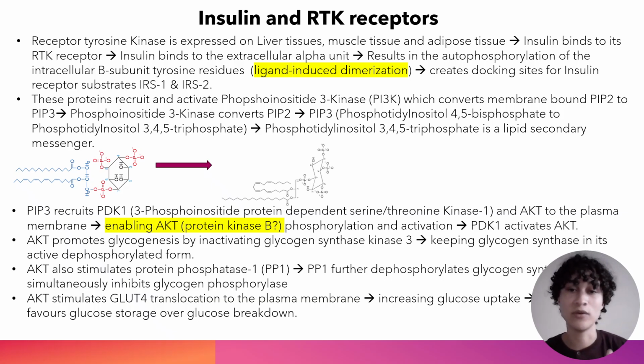Okay, so you get less glycogen synthase inhibition, and glycogen synthase is a really important enzyme in glycogenesis. Now, protein kinase B also stimulates the activation of protein phosphatase 1. Now, protein phosphatase 1 is really important because, as I mentioned before, glycogen synthase kinase 3 will phosphorylate glycogen synthase. In order to get glycogen synthase active, you need to remove that phosphate group, and that's where protein phosphatase